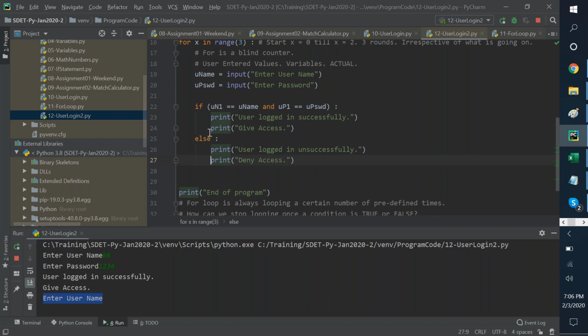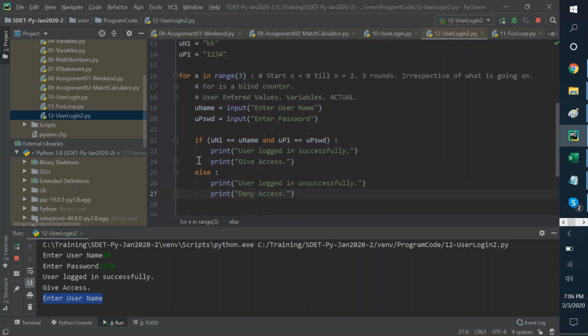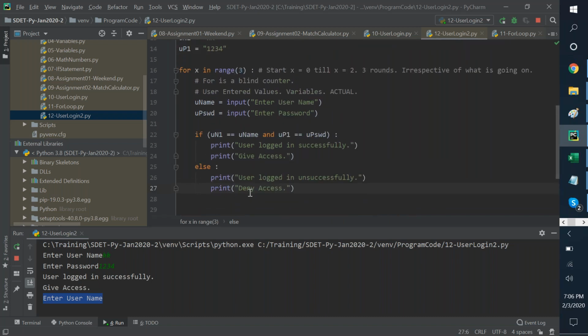But then it can also end on line 24, because it's an if statement, right? Either this will get executed or this will get executed. So it can come out from line 24 or it can come out from line 27. But the for loop itself ends on line 27. It can come out of it anywhere, but it ends on line 27. Now, in this case, what is happening is it's blindly going to each time.